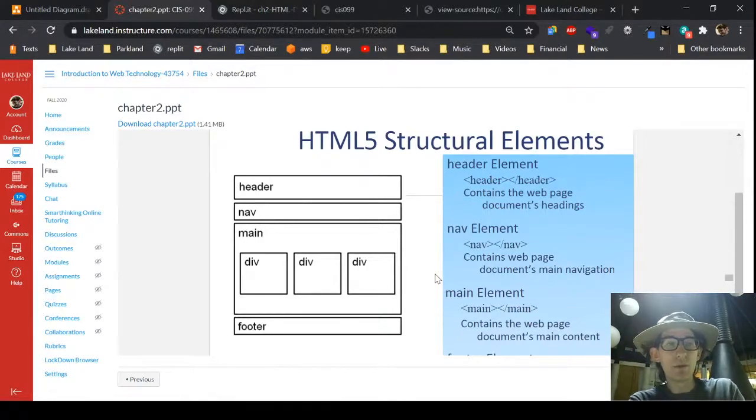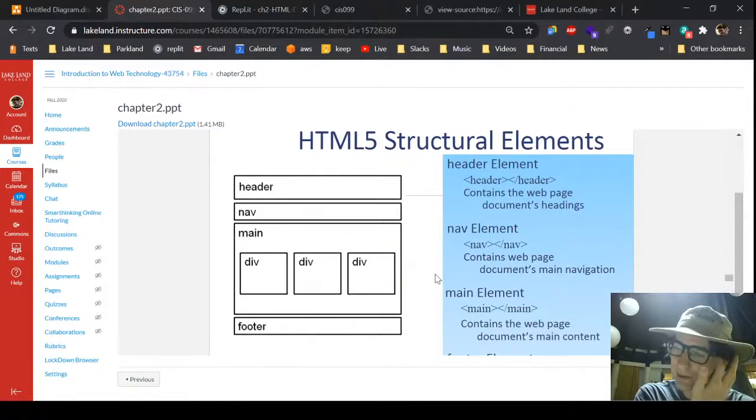Well, people with vision problems and people who are blind can use the internet through software called a screen reader. If you don't build your website to be accessible, what it does is it just literally starts at the top of the page and reads the entire web page to them, which is not very useful. If you use these named structural elements, they can press some keys and skip to certain